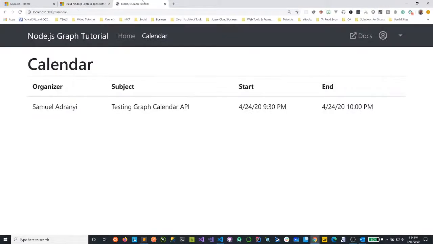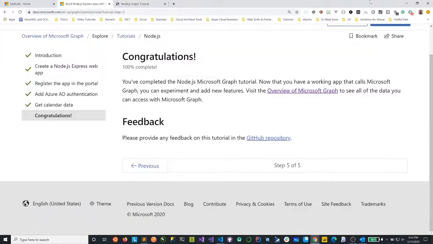Your homework would be for you to create a groups route, all right, and create the menu items here, okay, and then when the person clicks this, use the Graph API. You can test it in the Graph Explorer. Don't forget I showed you all this too. Use that to get all the groups the person belongs to. That will be fun. And then, if you can, go a step further and allow the person to create calendar events from the application. So that would be it for us today.